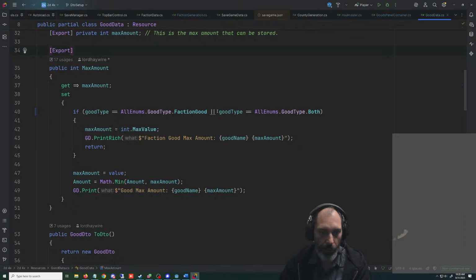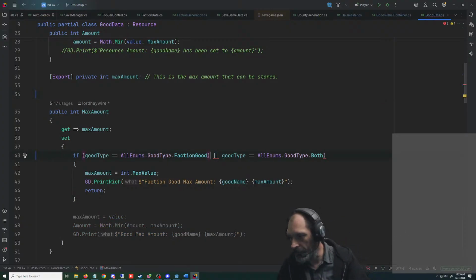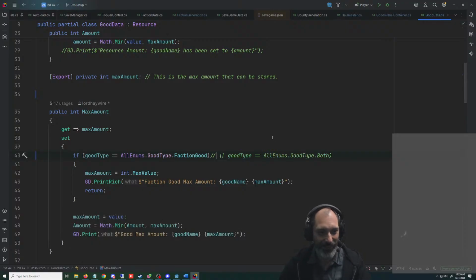Now I forgot why we're looking at this. Yeah, so this has been a regular question of mine. I don't think this one needs to be exported, and it gets kind of confusing. Let's get rid of that export, just for now. I don't think that's going to cause us any other issues. All right, so what we were testing, the reason that it took me 30 minutes to figure out what I was working on. Man, my memory is bad, but I was